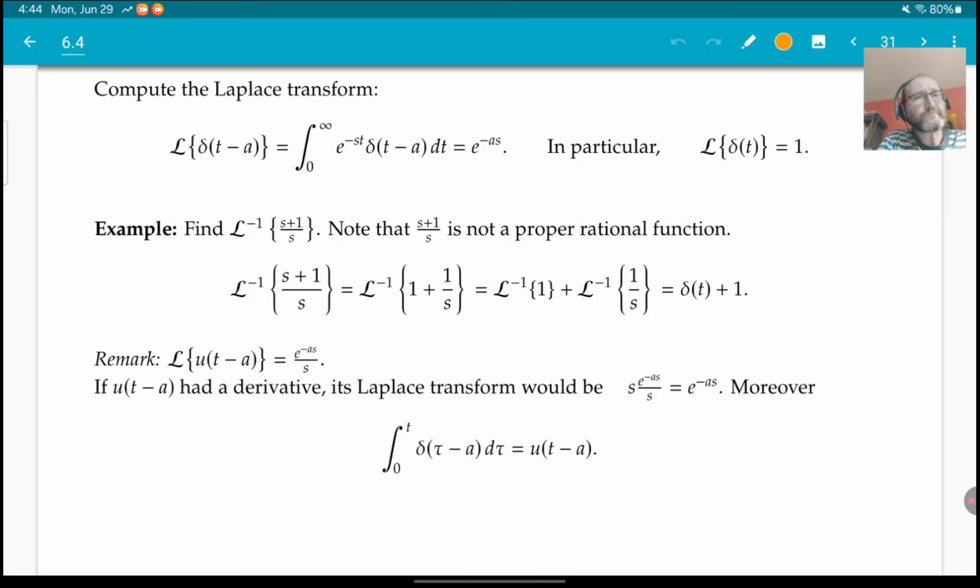Moreover, we can also have this for the integral. If I integrate the delta function from 0 to t, right? Here tau is just some dummy variable. What I will get is the Heaviside function shifted at a, right? Because the delta function just picks out whether a is in the interval from 0 to t, right? And so, a is some positive number, right? And so as t grows, first